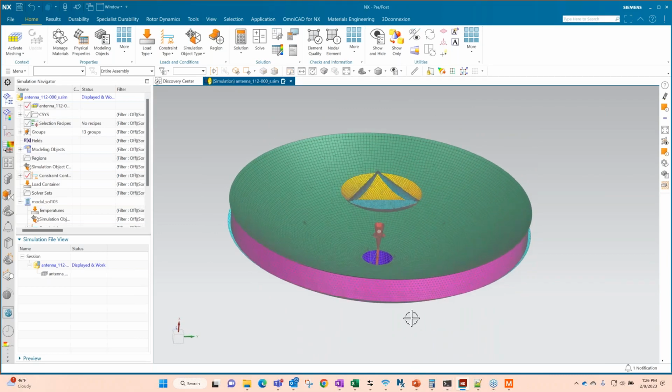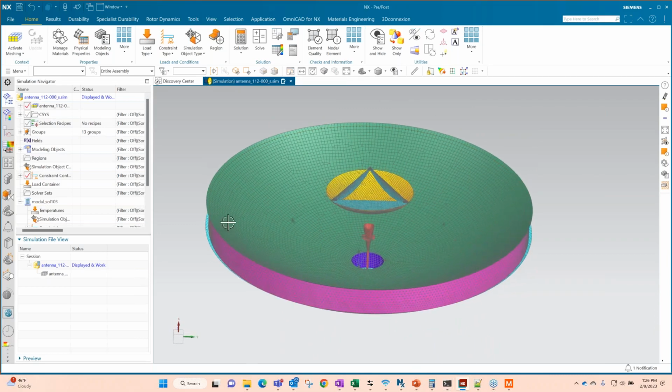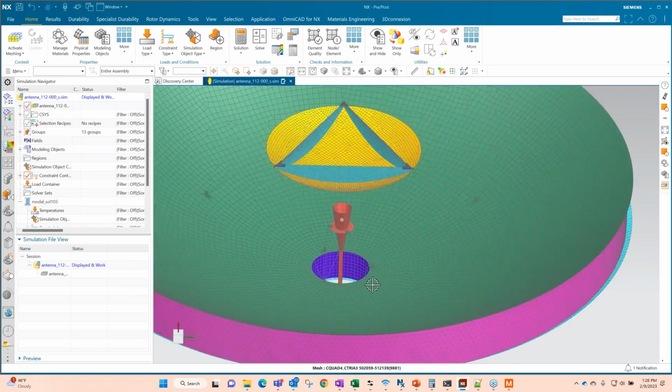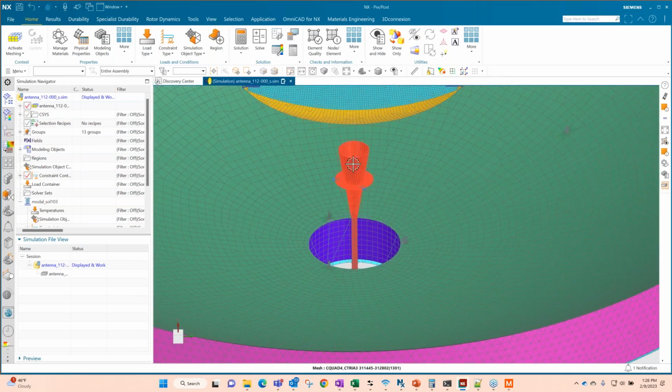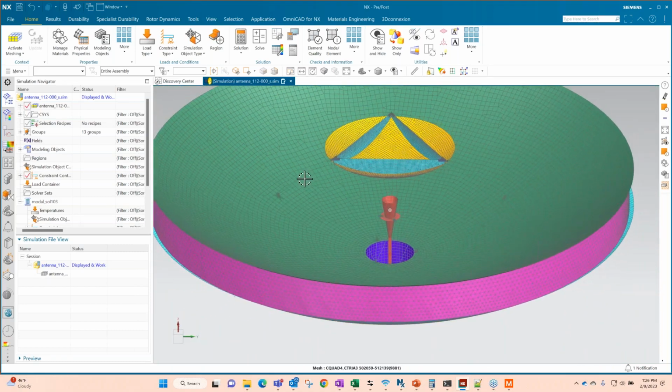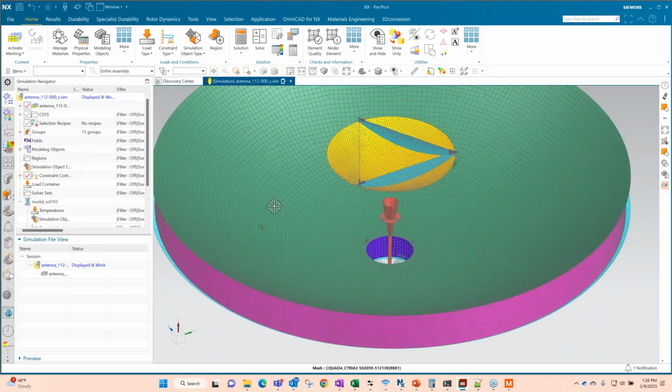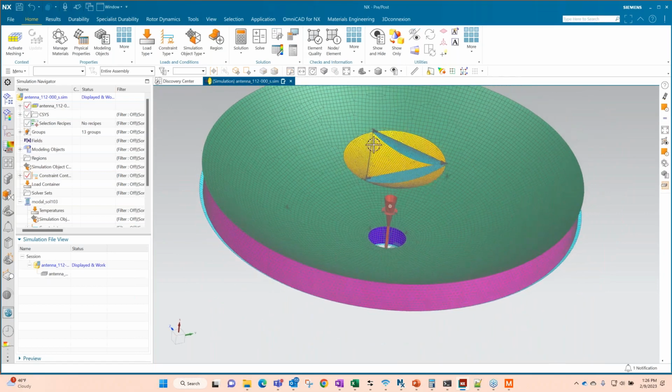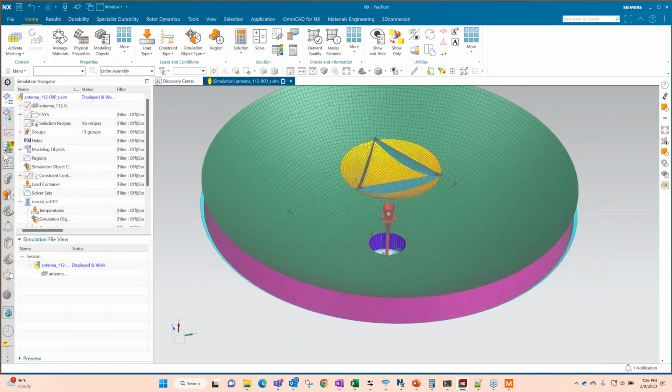This is just a generic antenna we built for demos. It has some composite materials here, and then we have an aluminum horn. We've got some titanium brackets and such. If you see them a little bit here, I should have colored them differently for you. You can see some 1D elements that are holding the horn and the secondary piece there.